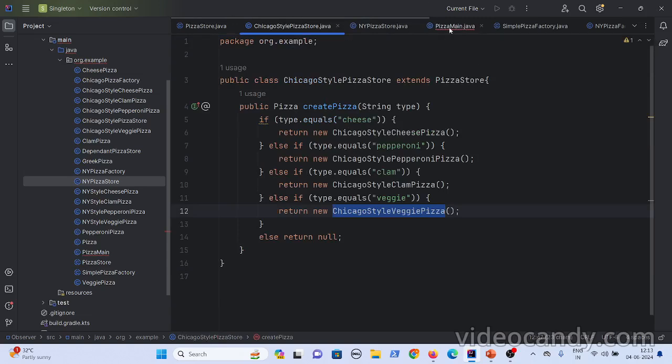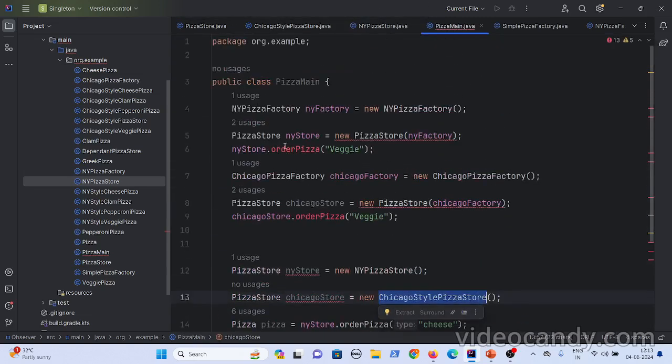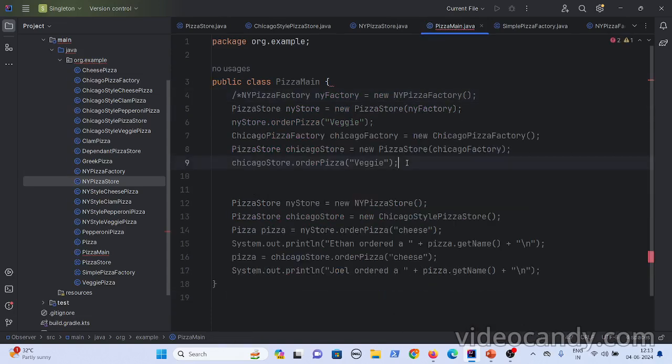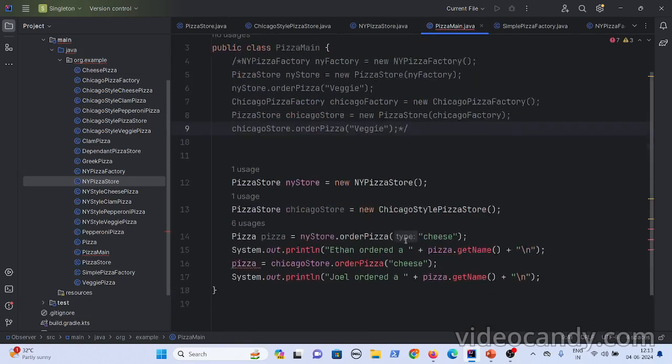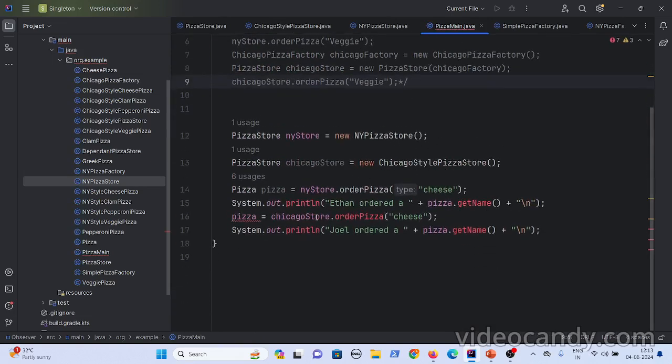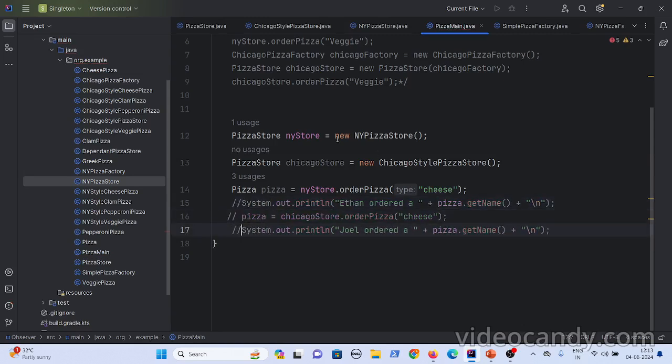Now if you want to see how this logic works, I can walk through the example here itself. So what I'll do is, I'll order Chicago style pizzas. Okay. If you order the Chicago style pizzas, let's see here. Initially you have created the New York pizza store. Okay.